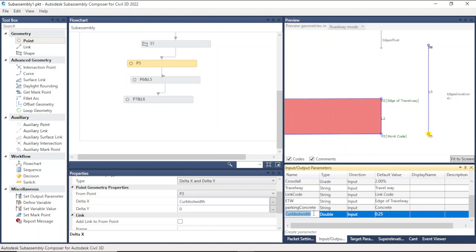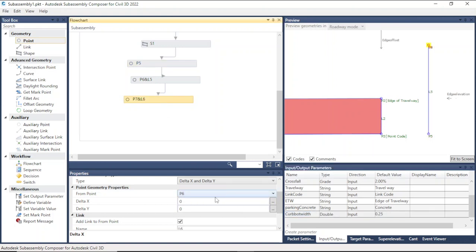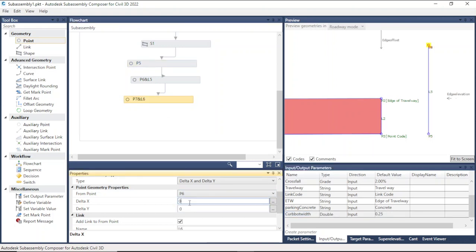So we copy this one, so we pick curb bottom width less 0.25, is it, or let's say 0.15,